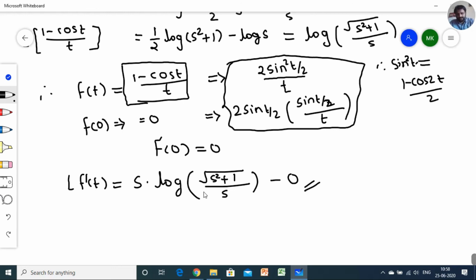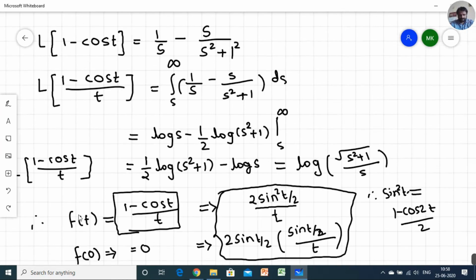whenever we have to calculate the stationary point, we have to put x equal to 0 as well as y equal to 0. Here also we can put t equal to 0, so that we can get the value of f of 0 clearly. So this is our result. Tomorrow we will solve a few more numericals so that you will understand very well.